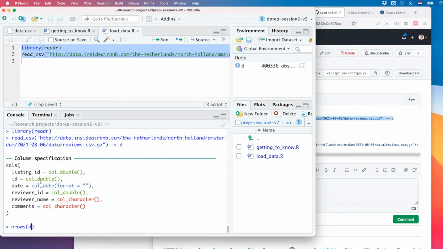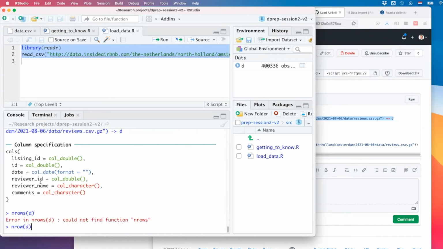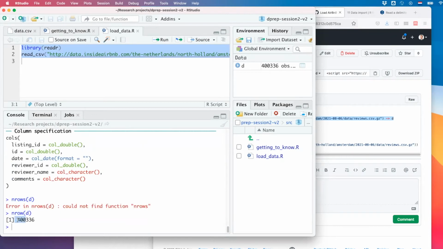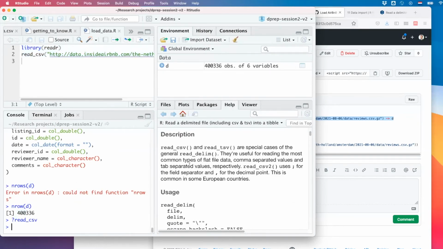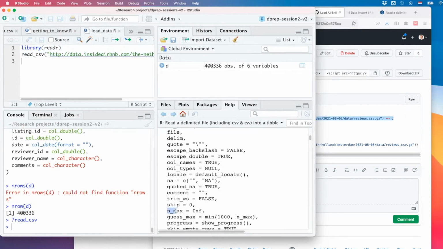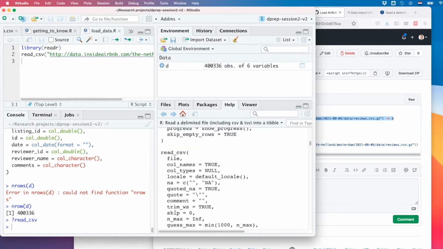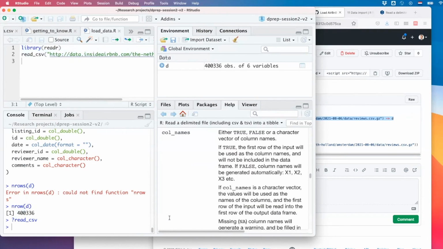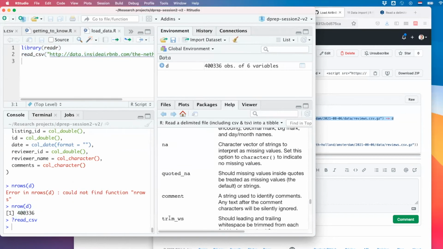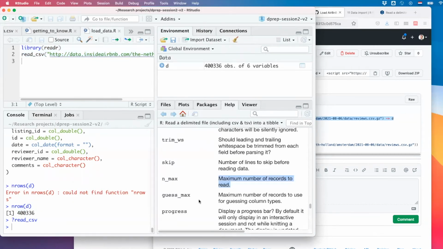If you run the nrow command on this new data frame, you see it has 400,000 rows. That may be too much for some. So when you write question mark read_csv, you get a little help file on this. And if you study this closely, you'll find an n_max argument in read_csv. If we scroll down to the explanation of what that means, it's the maximum number of records to read.